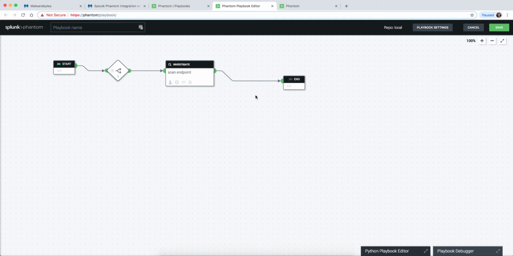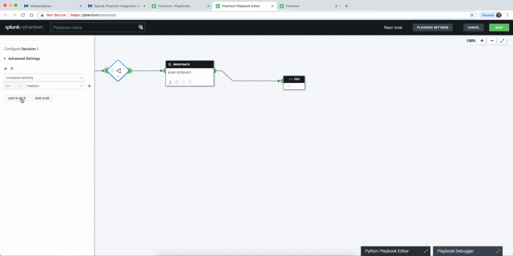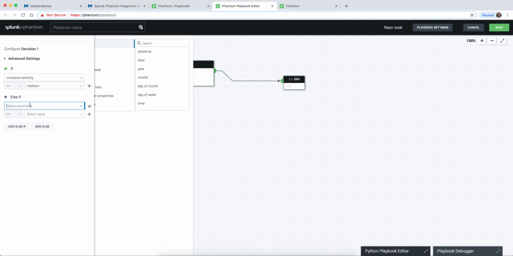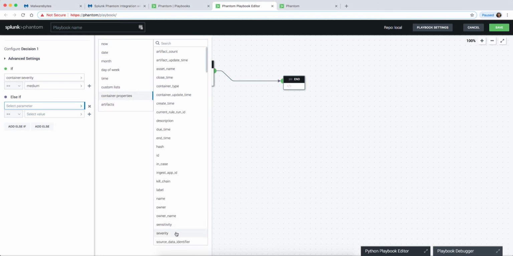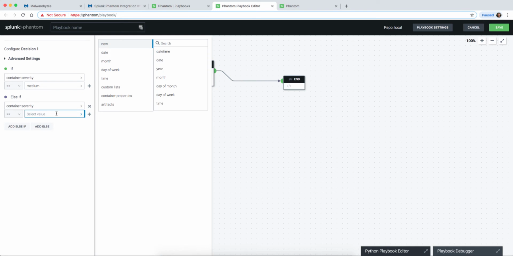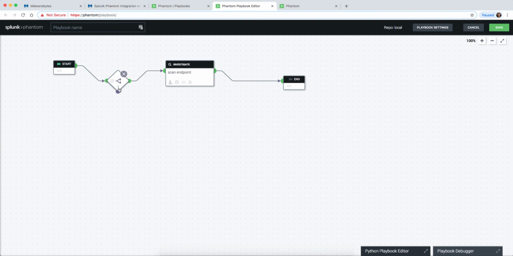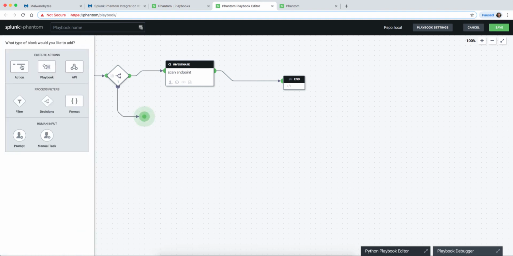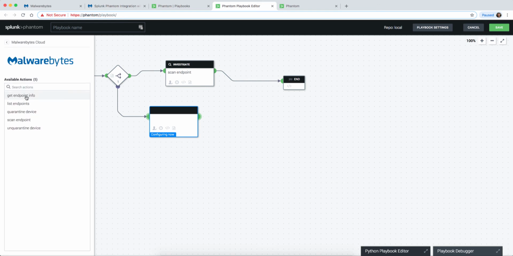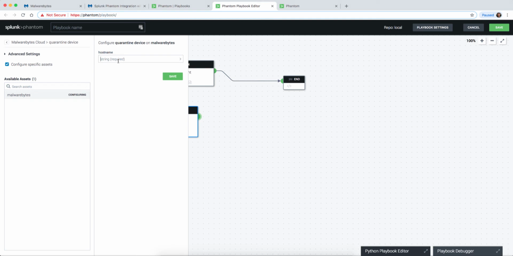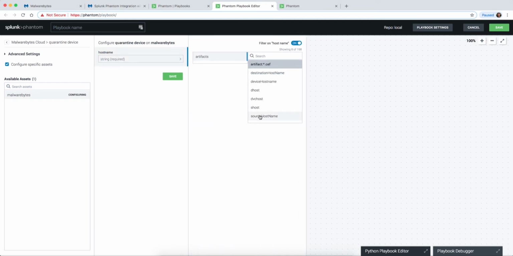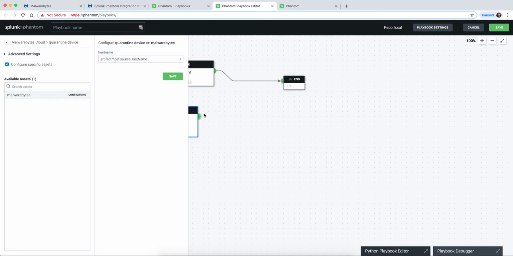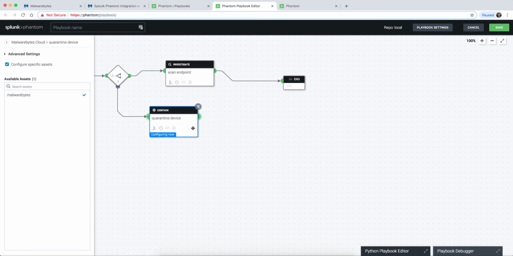So we have got a path working correctly, but if you remember, our intent is to create another one that says, on the other hand, if the event comes in with a severity of high, we want to do something different. In this case, let's take a different action, again using Malwarebytes, to quarantine the device because of high severity. So again, I'm going to pick the input that says hostname, and then we will do the quarantine